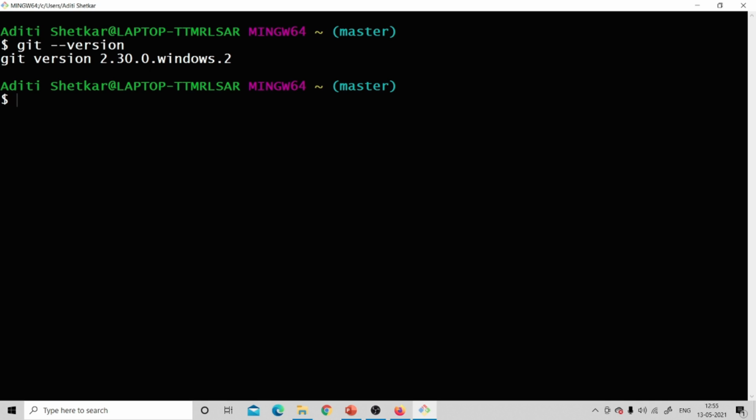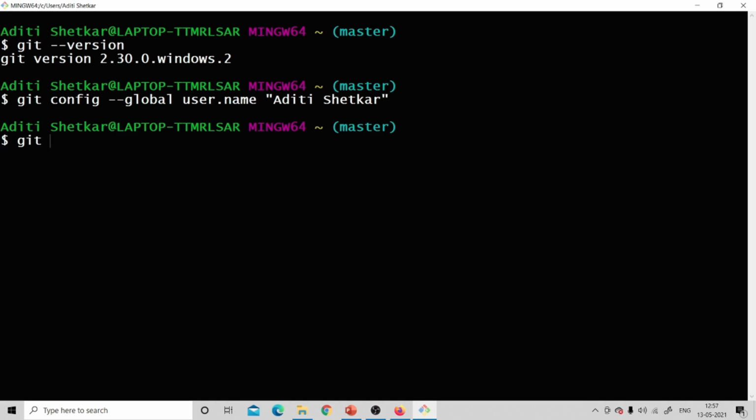Now I want to register myself with Git as a user. So how to register myself? Using the git config command, I can register all my details, but the two details you have to register by default are your username and email. Using git config --global, then write the user keyword, user.name. Here you can write anything; instead of username, you can even write the name. And write your name inside the quotes. Since it is a string, you have to write it inside the quotes. So I am registering my name inside the Git Bash software. Then I'll register my email ID also.